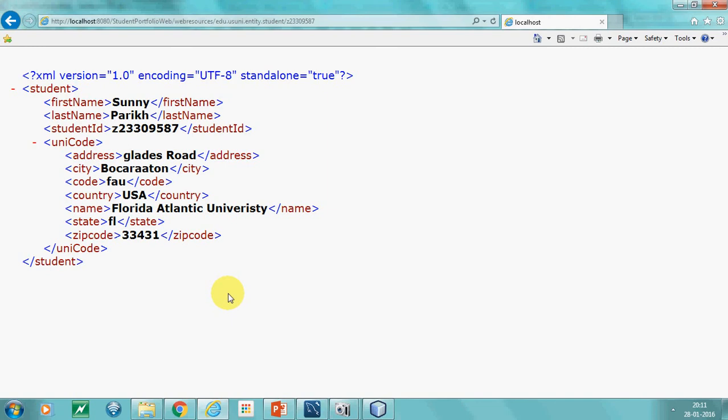By this presentation, I have demonstrated how to integrate heterogeneous applications by invoking RESTful web services. We learned how to create a RESTful Java web service. We learned what entity classes are. We learned what the Java web service class is, which is created. We learned the structure of the entity class, the structure of the Java web service class, and we understood how to test this RESTful Java web service.